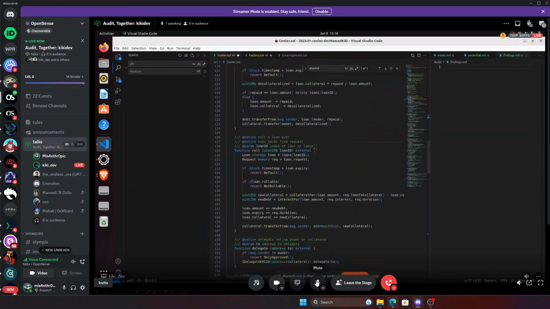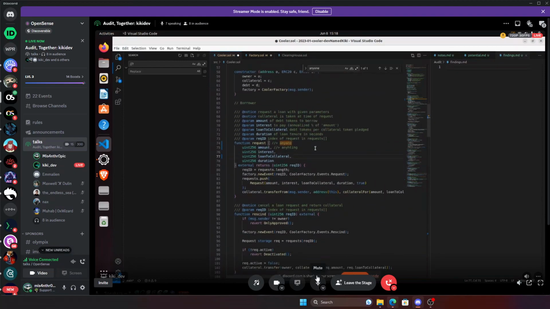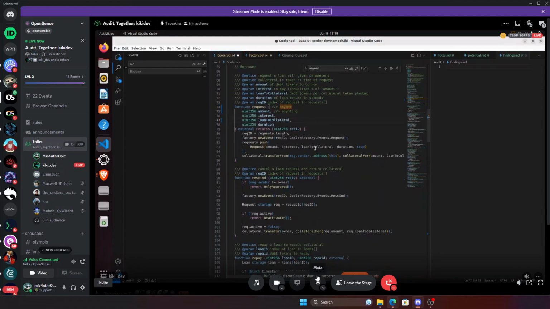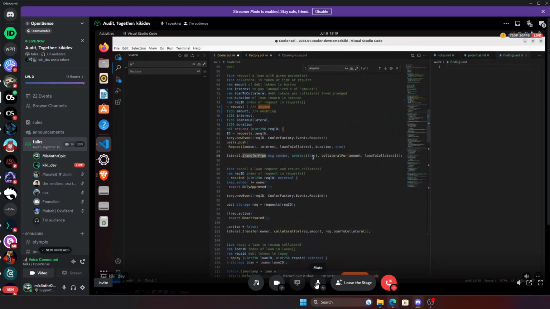So yeah, that's the question on the view. Question for you. Can you go back to that function? So I'm seeing a couple of things, and I'm not even doing any considerations here. But I could pass maximum uint256 in all the values, and I can see an event being created even before anything is actually happening. So we're already having some cost on the chain in there, and I also can see transfer from instead of safe transfer from. Is that actually something, or